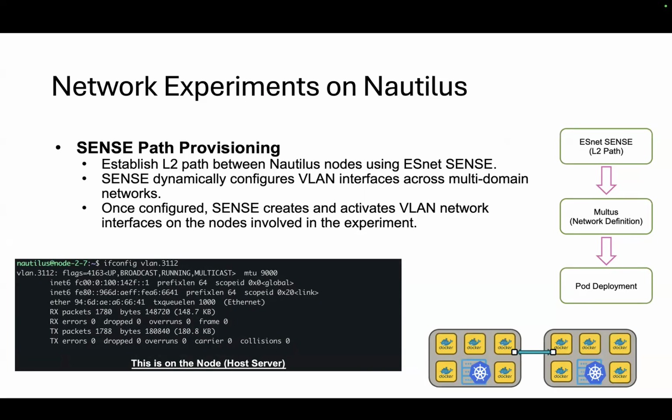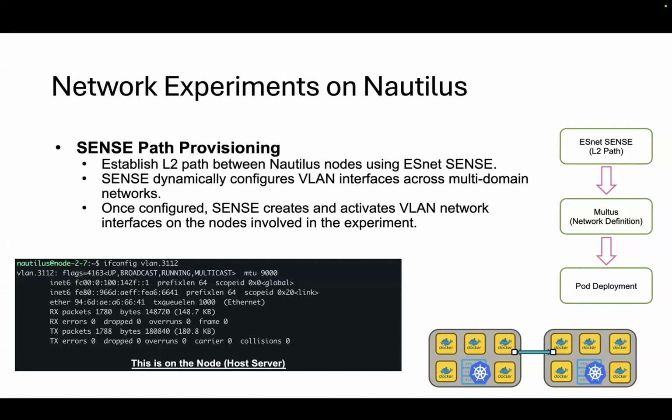And that's one use case where I might want to use SENSE, and that's how it plumbs the path. By using the orchestrator, it establishes the path over a tagged VLAN. So I can set a VLAN tag and it'll start the path over that VLAN. It'll show me on the orchestrator how it goes through the topology. And it will start the VLAN interface as a MACVLAN interface on the actual host, so on the node.